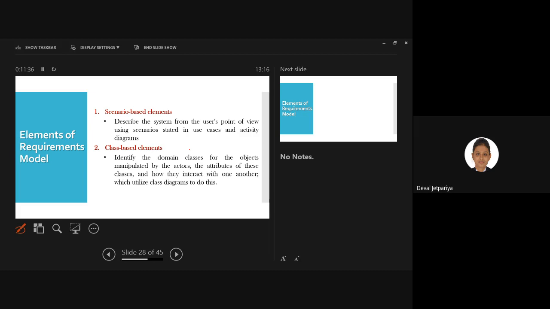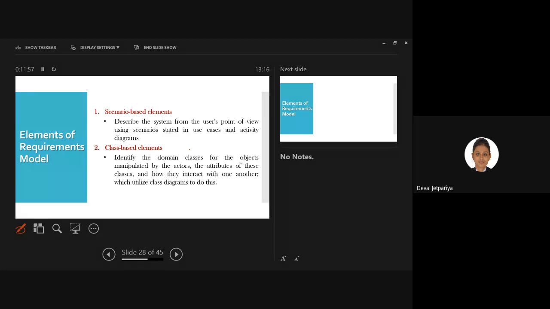That's one line you can remember. Same way, class based elements identify the domain classes or the objects manipulated by the actors and the attributes of these classes and how they interact with one another, which utilize the class diagram to do this.